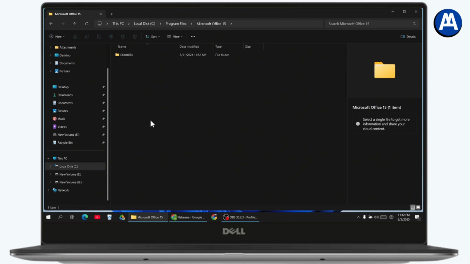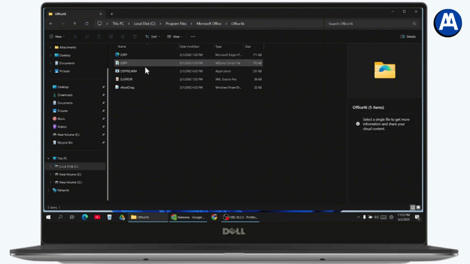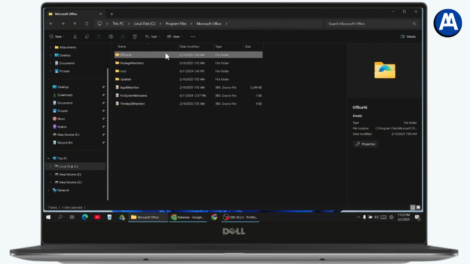So you need to go with 15 or 16, whichever you're using. Once you open up your Microsoft Office, you need to go with the Office 16 folder. Under Office 16, you will have all of these other folders. So you just need to simply go and delete all of these. You need to permanently delete all of these folders, or you can also just delete the whole Microsoft Office folder